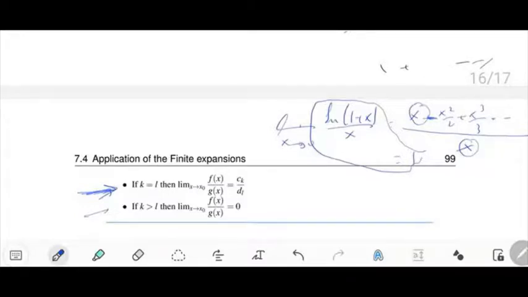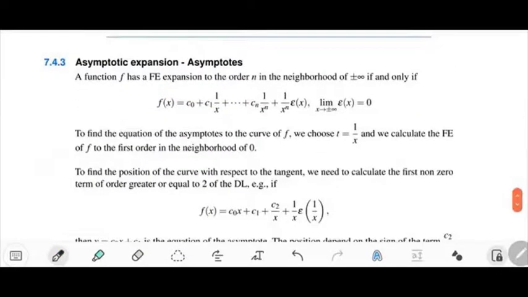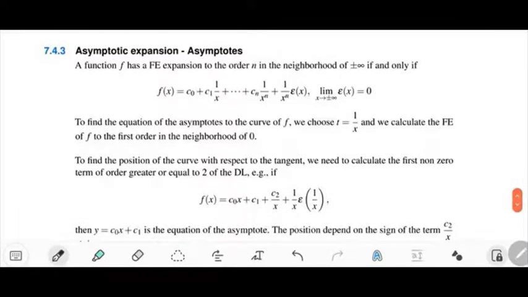If I take another example, the limit, for example, of sine x over x when x tends to 0, it's the same thing. In the numerator you have x minus x3 over factorial 3 plus whatever, over x, so the coefficients are 1, so it's 1. And using this method, you can calculate all the formulas that you memorized last year about the limits. And the final application is to calculate the asymptotes. So to calculate the asymptotes,